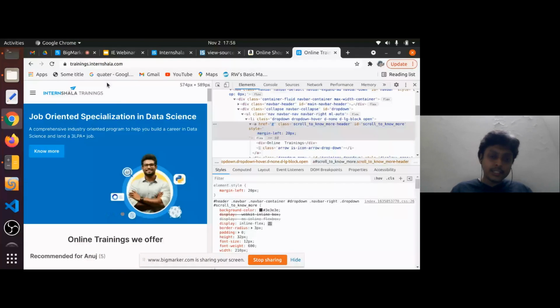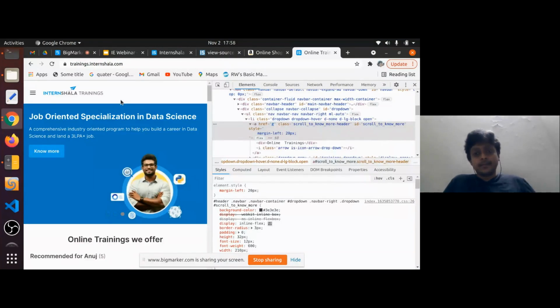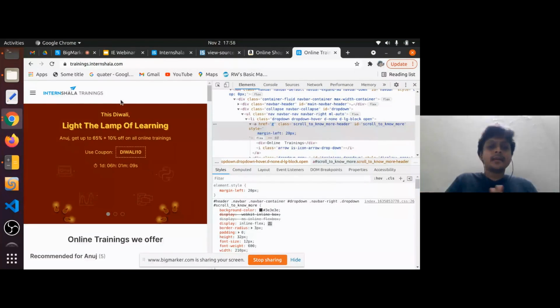The button vanishes. That is obviously because when I did dockside right, the viewport, the size of my screen, reduces. The size of the screen means the size of the screen which is responsible to present the website reduces to only this much. So as a developer, it is our responsibility that we should be able to create a